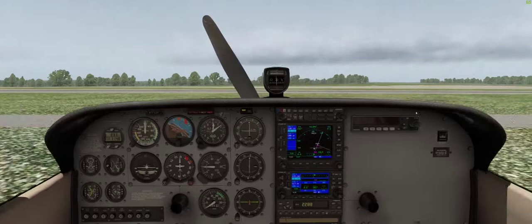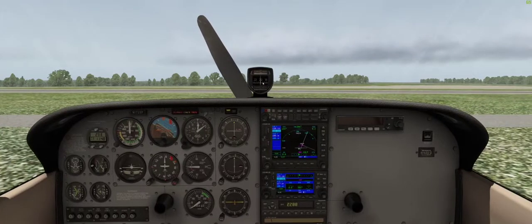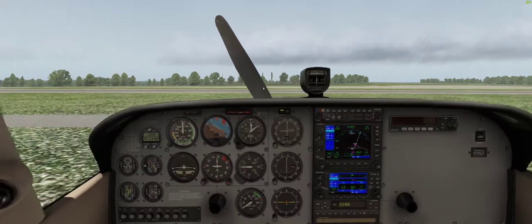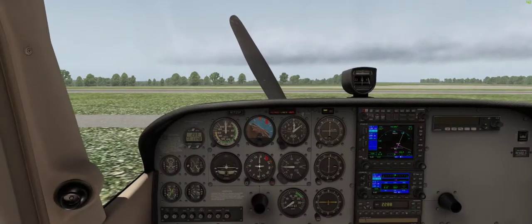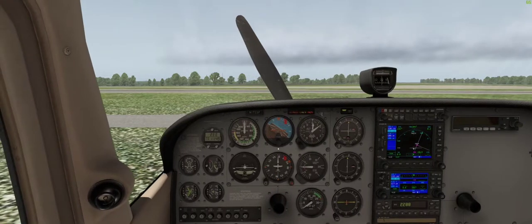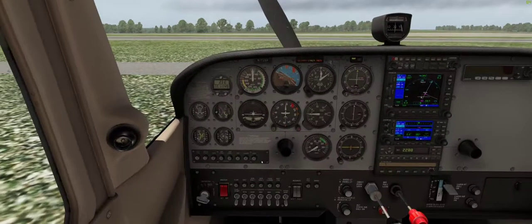You'll notice the magnetic compass is approximately on 300 degrees, maybe just a hair under. Look where the gyros are right now. Not even close. That's going to cause us a problem. I'm going to forget, and we're going to take off without doing that, and you'll see what the problem it